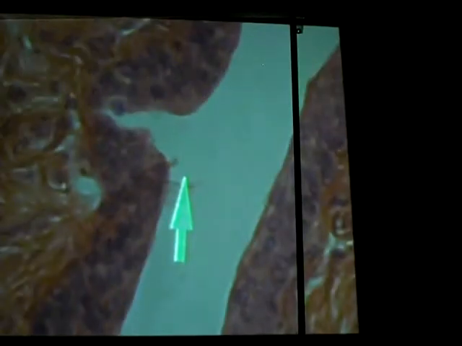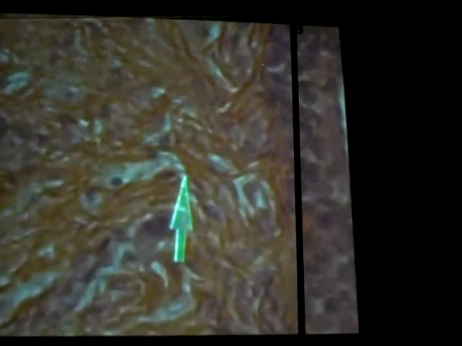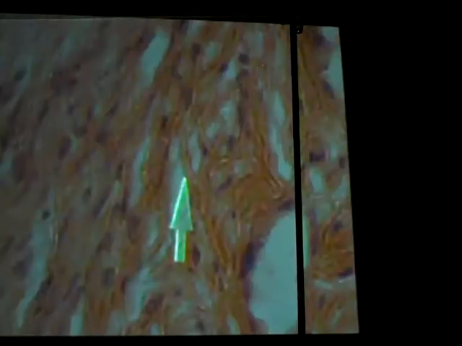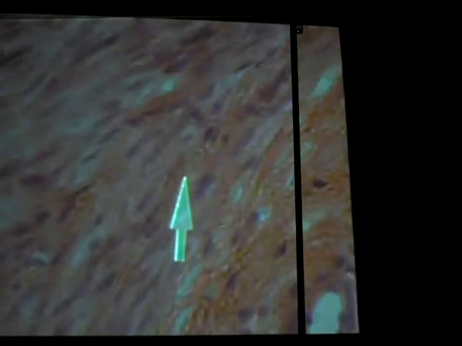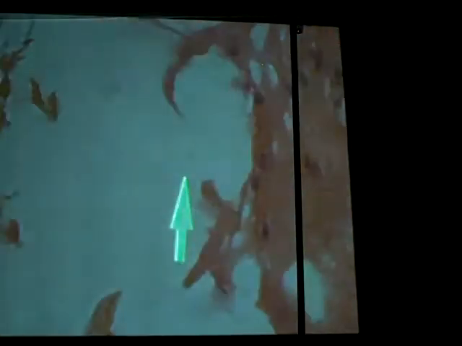So we have our stratified squamous epithelium here, and again you see these venous sinuses that tend to fill with blood when there's stimulation. Another thing that you'll see is a little bit of muscle in the wall as well. Usually it's smooth muscle, but when you get to